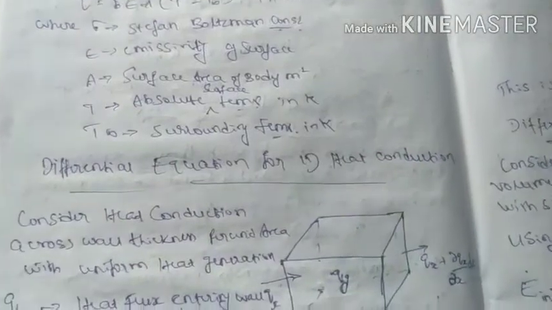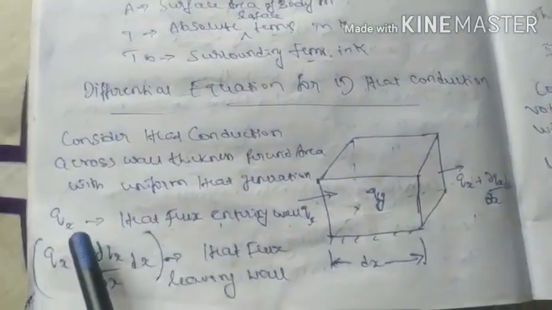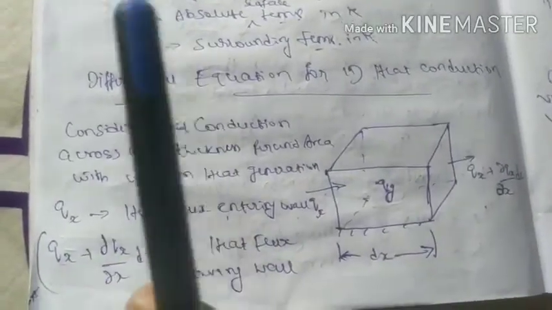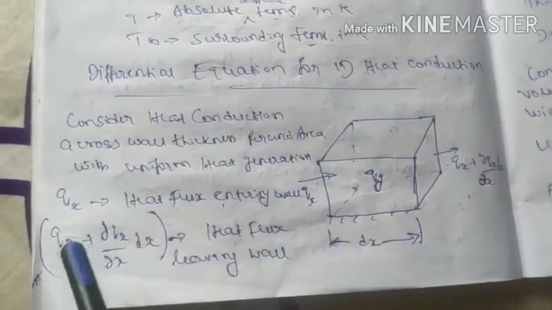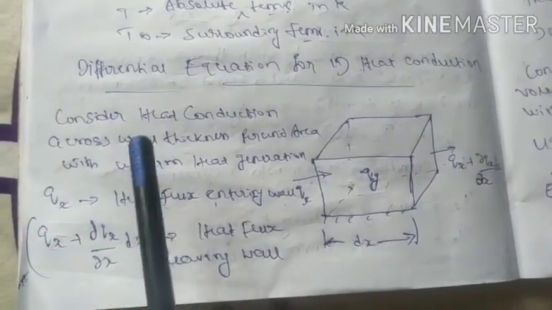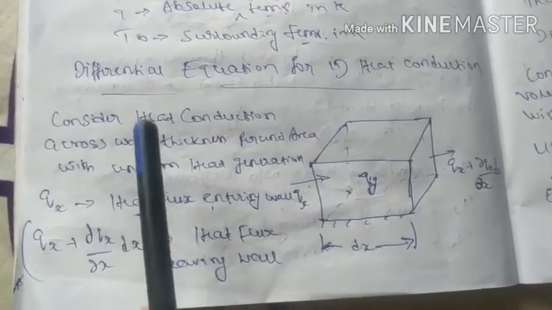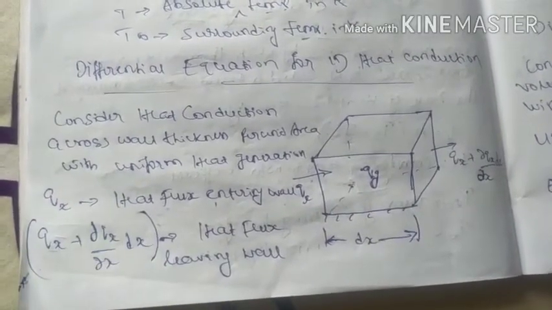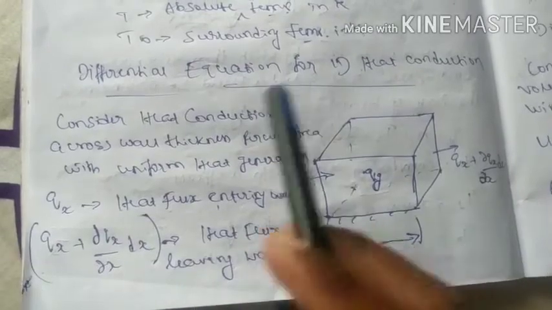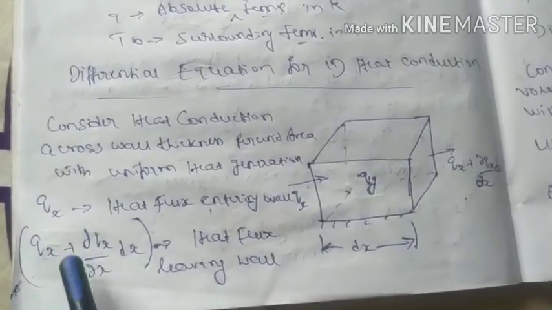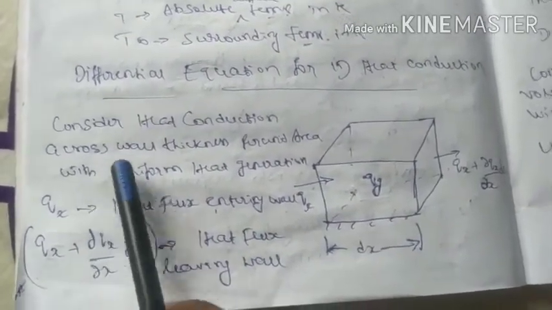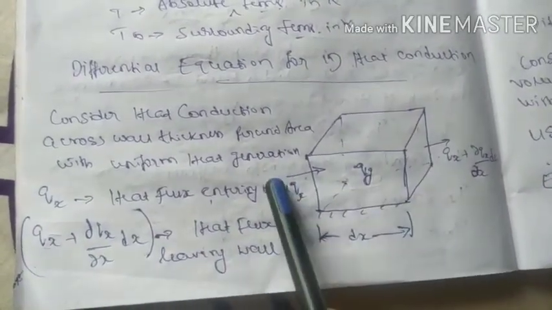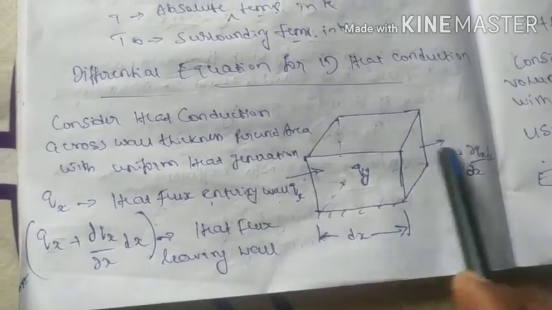Now we are moving to one more basic equation, that is the differential equation for 1D as well as 3D. The same derivation is there in heat transfer. Here also sometimes they will ask you in the exam the differential equation of 1D heat conduction as well as 3D. So 1D is nothing but heat transfer along only one direction, either x, y, or z. Usually we consider the x direction. So for that they consider a cube here. Now heat transfer takes place along the x direction.